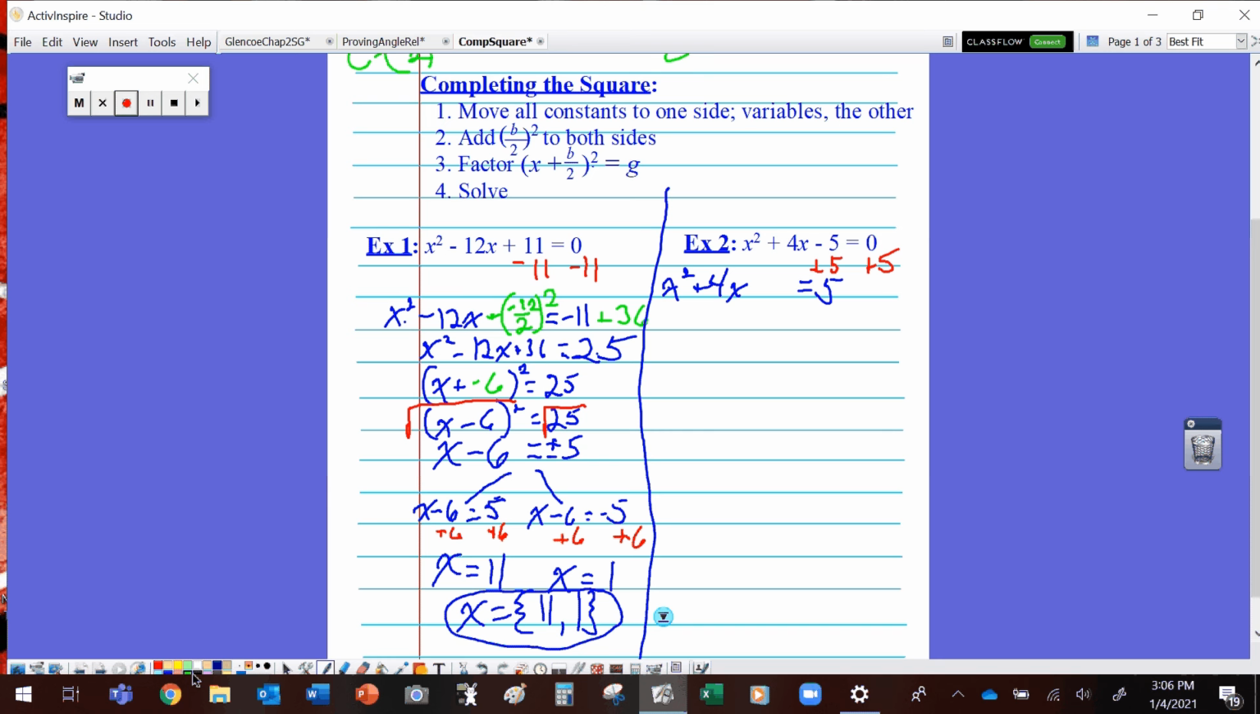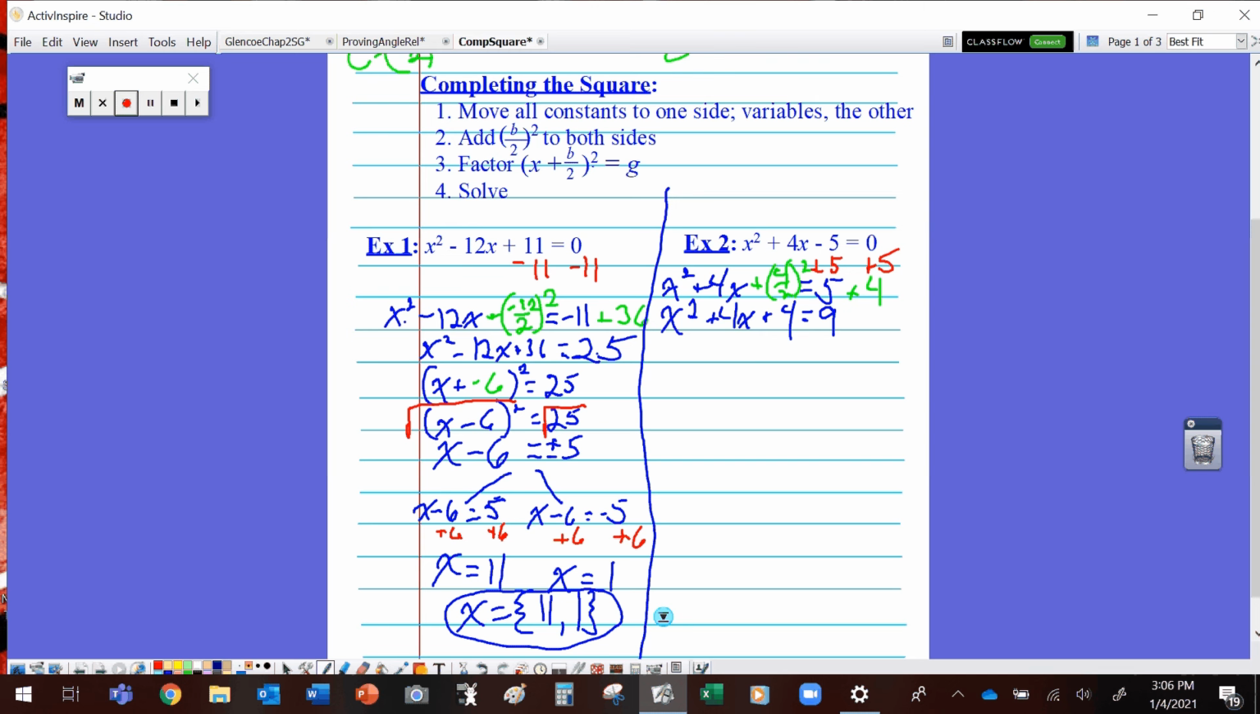Now, I want to add something to both sides. So I want to add something divided by 2 squared to both sides. Now, what this something is, it's whatever was next to the x. Okay, not x squared, but x. So that's 4. Now, 4 divided by 2 is 2, and 2 squared is 4. So on the left side, I have x squared plus 4x plus 4 divided by 2 is 2, squared is 4,